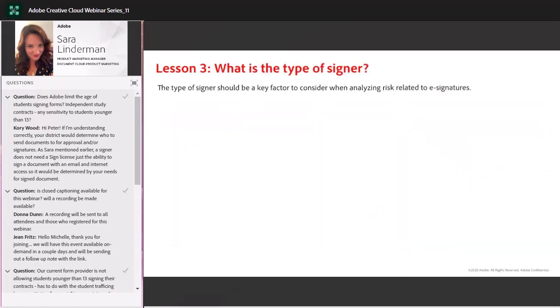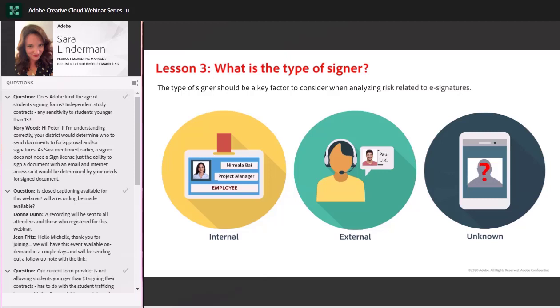So putting this into lesson 3, what is the type of signer? A signer who is an employee of your school or university organization, also called an internal signer, may be allowed to just authenticate and authorize a signature without the use of a digital certificate. Figuring that the employee's identity was thoroughly verified during onboarding, this may be entirely acceptable from a risk standpoint for